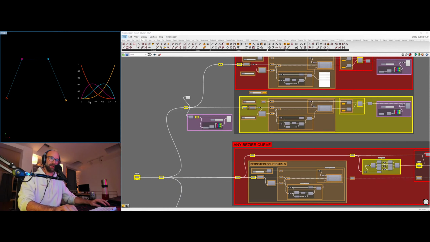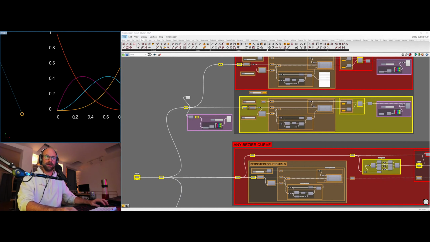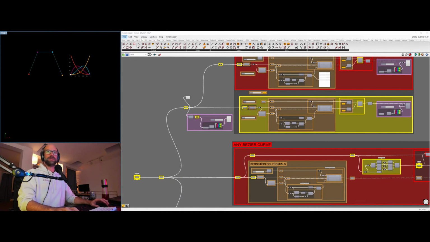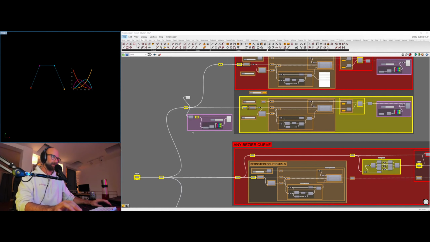So we put a t value in, let's say 0.2, and then we draw up here. So for the red curve, this would give us almost 0.4. For the blue curve, it gives us a little bit below 0.2. For the orange curve, it's almost 0, and for the purple curve, it's a little bit above 0.4. So those are values that we get back, and